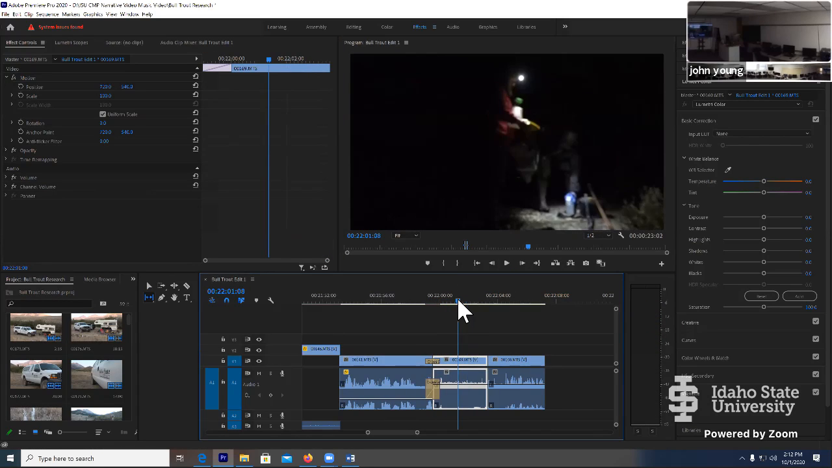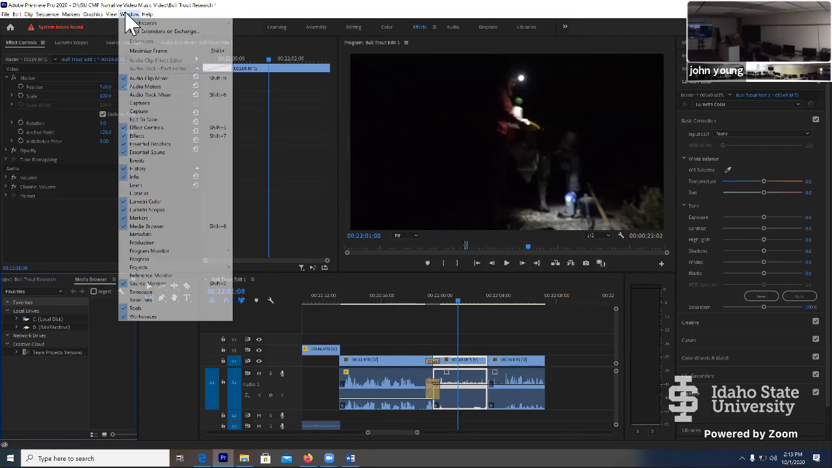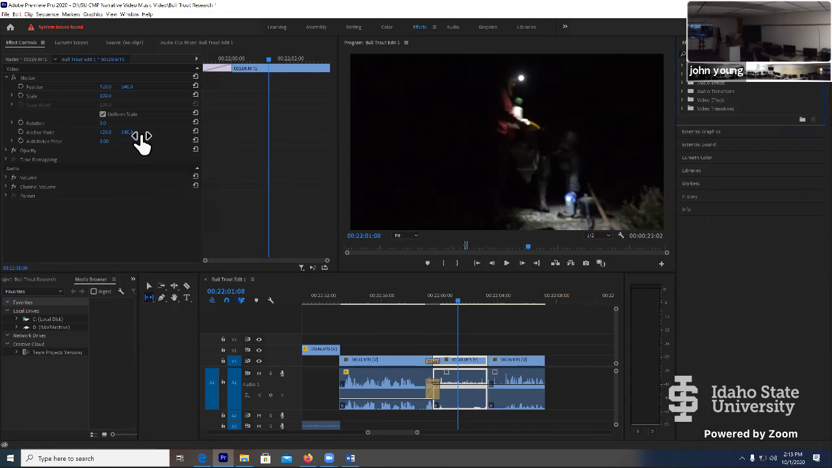This is soft, right? I was shooting at night. I thought I was doing my best, but autofocus wasn't working, and the viewfinder is just always looking focused. So there's a filter. Media browser. I'm going to go Window, Effects. And when I find my effects,